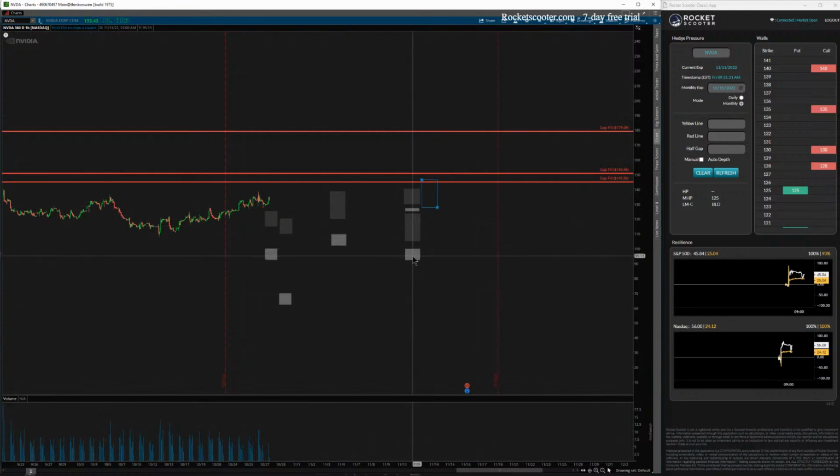$128 and 125. You can kind of see the progression of position shifting from one day to the next. So what's neat to see is that here, right? Let's play with this. I've never done this before. I just got the brainstorm. You can see that from the difference between yesterday and today, this is a sentiment change. We use Rocket Scooter to do a sentiment change, right?